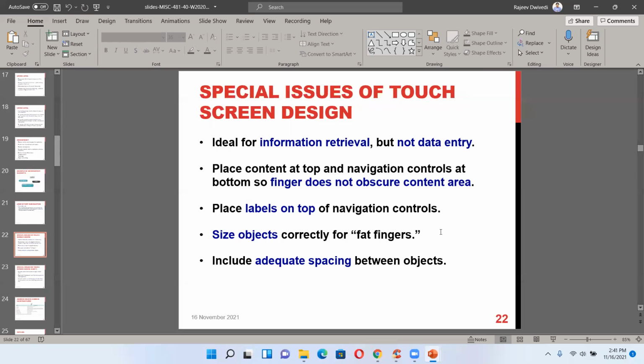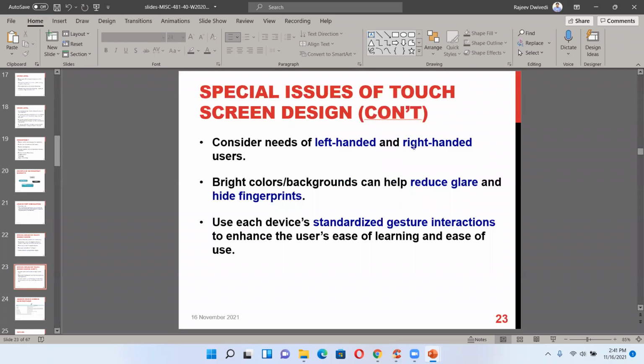So basically the design should be such that even fat fingers can operate it correctly. Include adequate spacing between objects. There should be adequate spacing between objects when you look into any application or any smart screen, though that doesn't always happen.